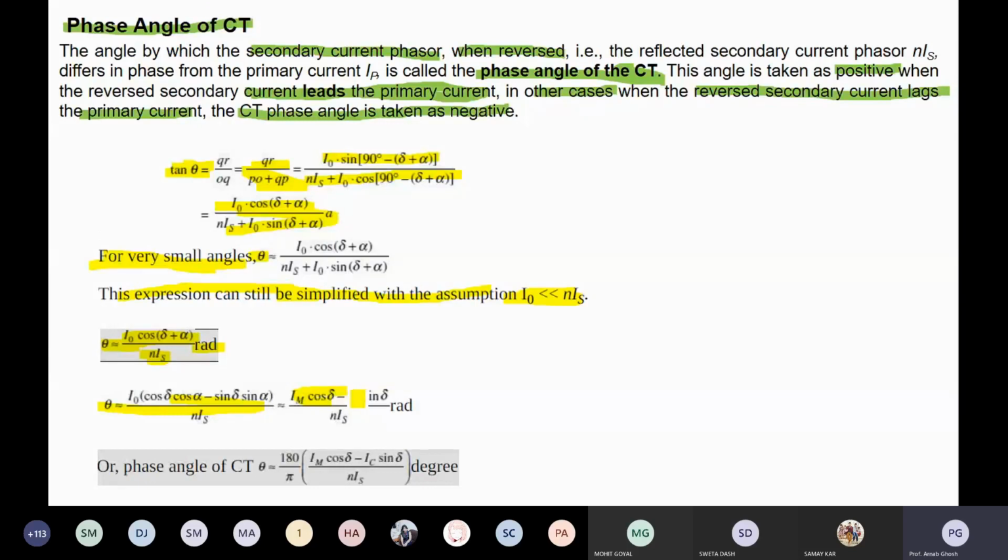So what is the necessity of calculating the transformer ratio and the phase angle? Because we need to calculate the phase angle error as well as the transformer ratio error. Why is it important? Because in the case of a CT, you are using the transformer for measuring purposes, so you have to calculate how accurate the measurement is. That's the main motivation. You know the actual ratio from the specifications of the transformer.